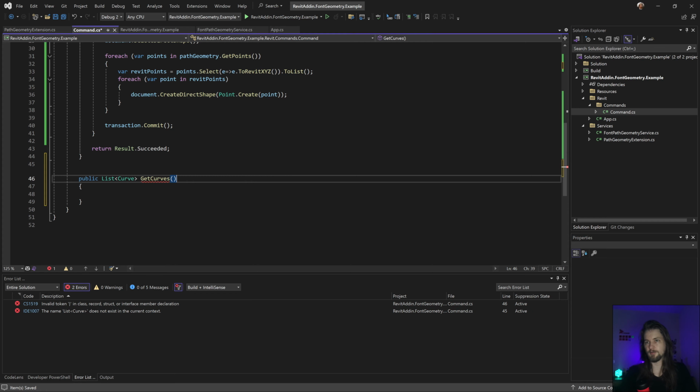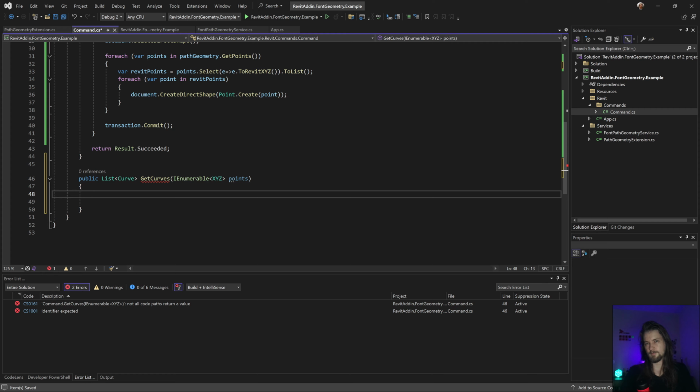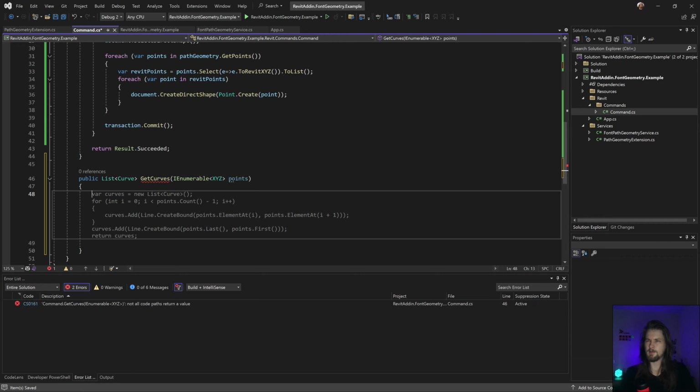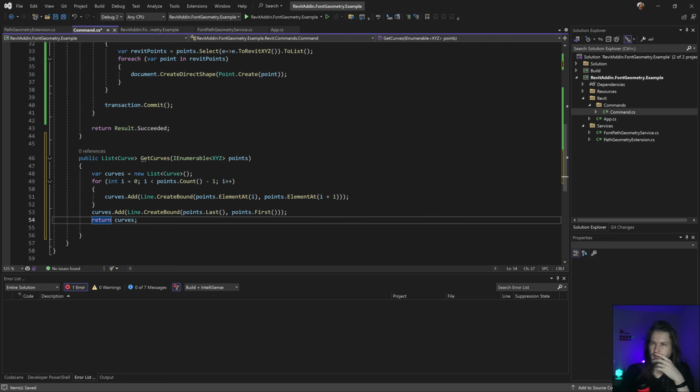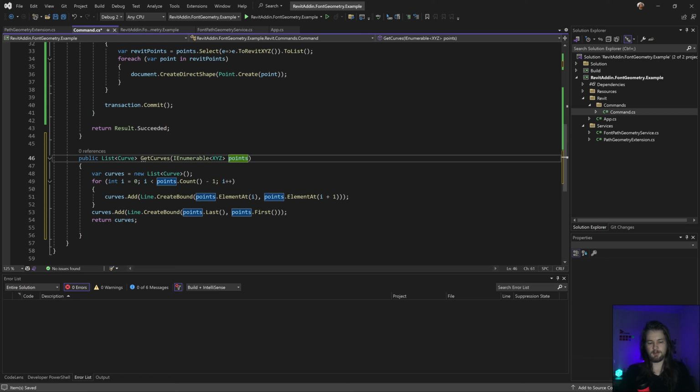I could create after this extension actually. Enumerable. Yep. XYZ. Yeah, yep. Points. Yep. Something like that. And yes, something like that. I'm gonna create in here close it.